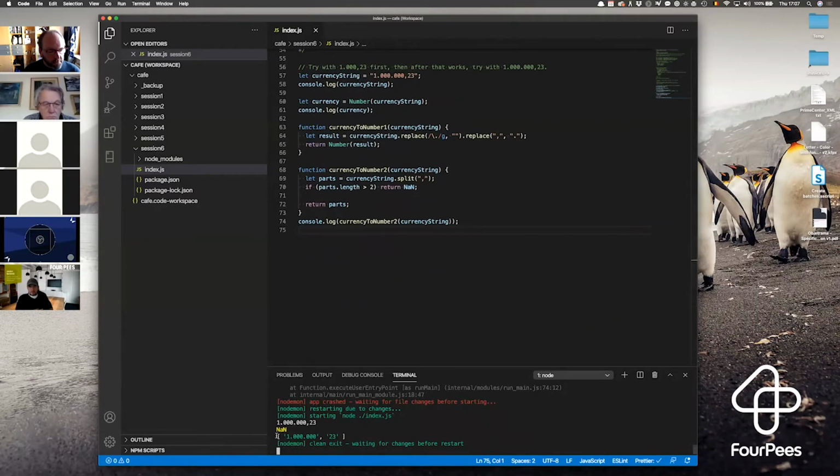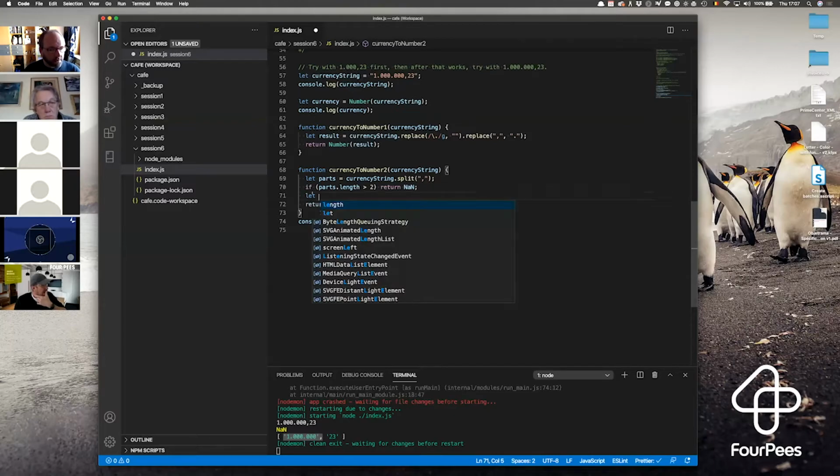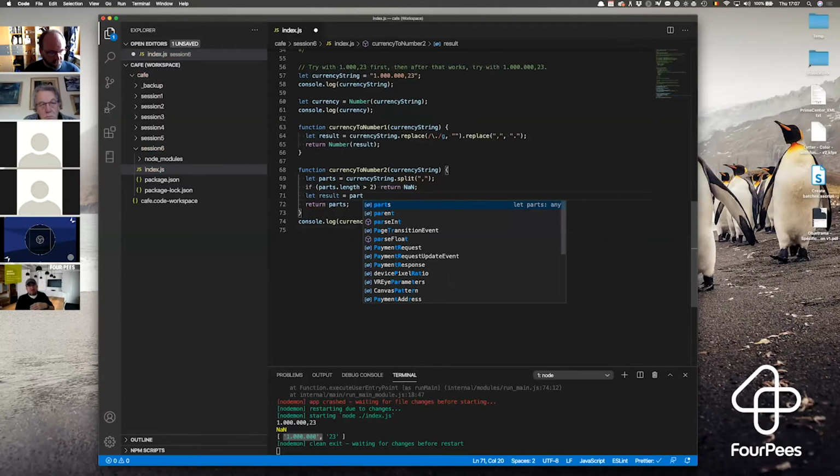So what I have as a result is an array with 2 parts. The second part is already okay. Those are the things behind the decimal point. That is fine. The first part now has dots in it, and we don't want dots. So I could do the replace trick again, but we're going the route of splitting and joining. So let's do that. What I'm going to do is, and you can check my work afterwards, say let result equal parts